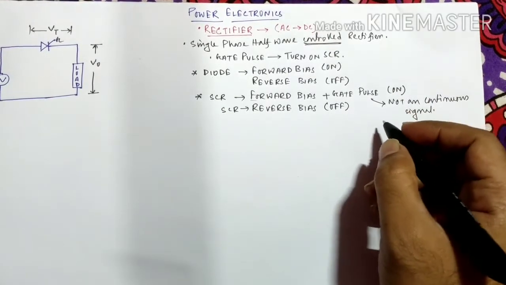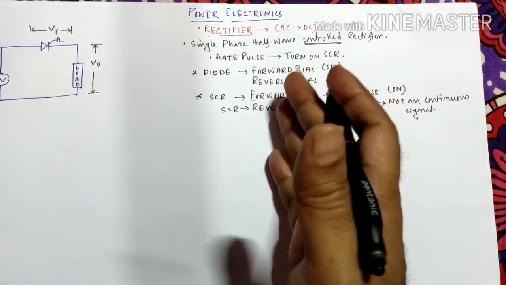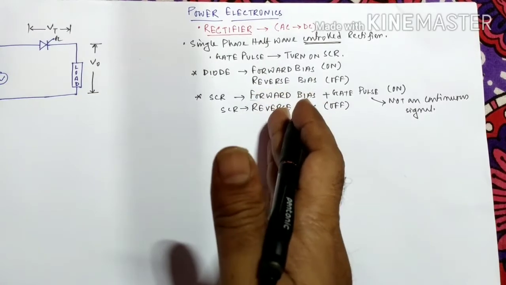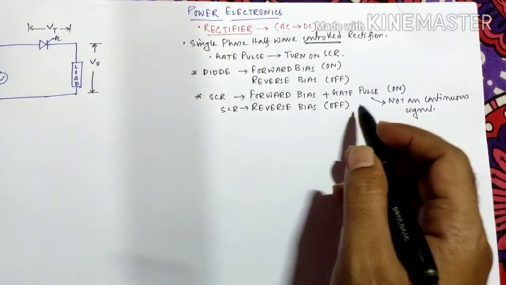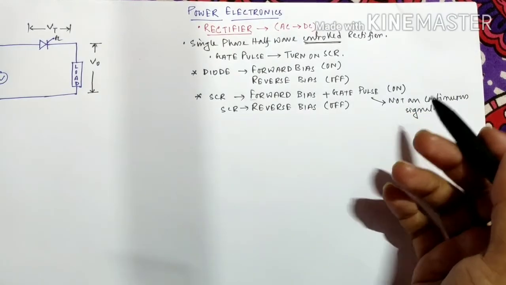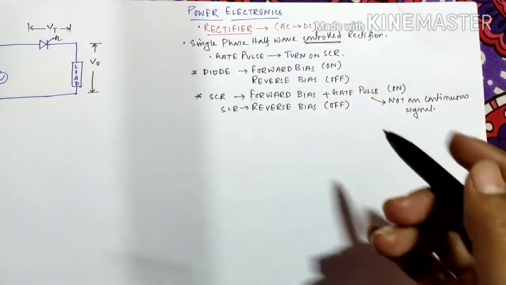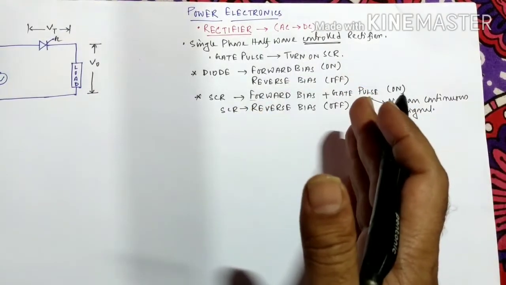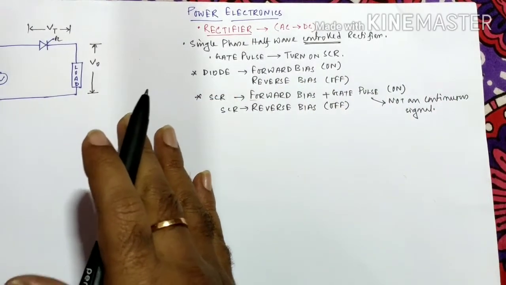This is called triggering method, because when we are talking about a rectifier that has been designed by SCR, that is the application of SCR, then we assume that we have certain amount of knowledge about SCR. So this is basically the gate triggering method. And how to turn off the device? We know several commutation methods are there. One of the easiest methods is that if we reverse the biasing, the SCR gets turned off, right?